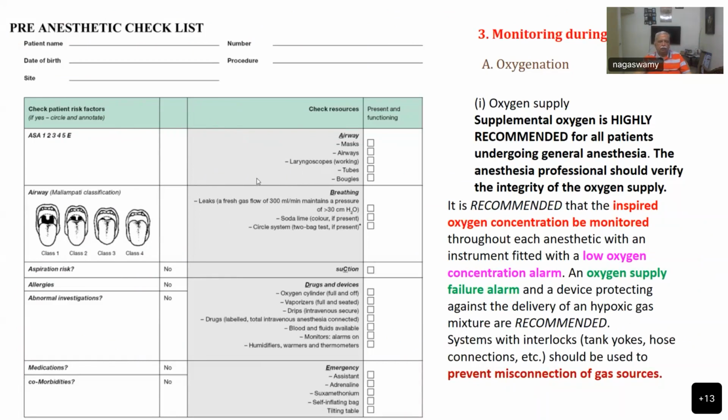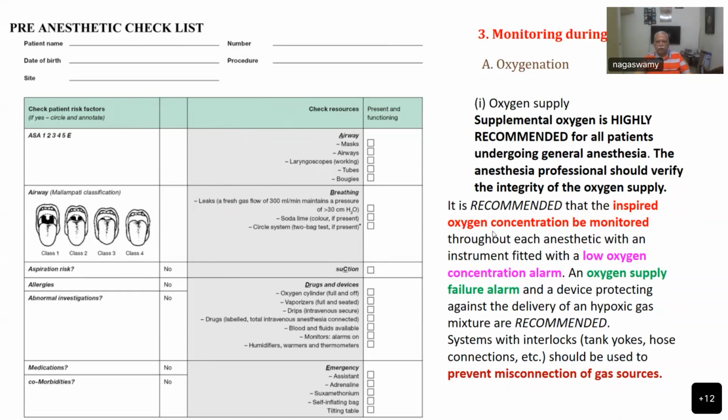A stands for allergies, M for medication, P for previous surgery, L for last meal, E for emergency leading to the situation. That same mnemonic will be useful even in an elective case if you have to do a quick survey of the patient. And monitoring during anesthesia is very, very essential: oxygenation should be ensured at all times,